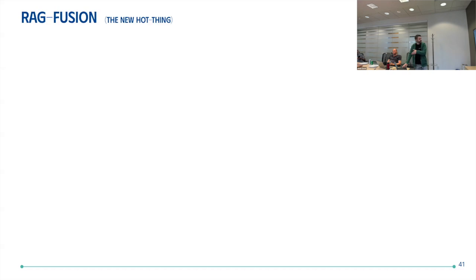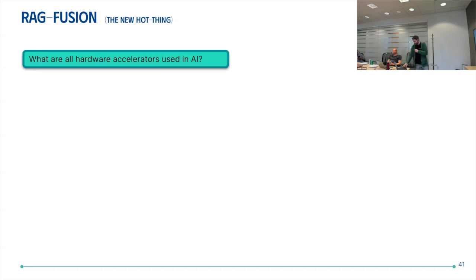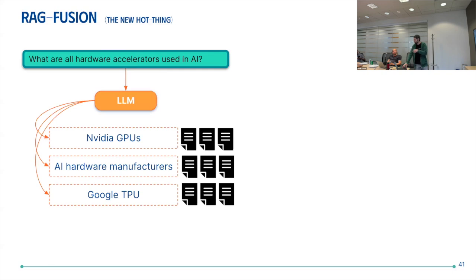So let me just describe some of these techniques. Maybe this was new a few months ago, now it's not new anymore. Something called RAG fusion. Are you familiar with RAG fusion? Yeah. So the idea is that you take a query, you ask the LLM to create synthetic queries related to the original one. For example, this is like what are companies using AI, and then the LLM says, okay,